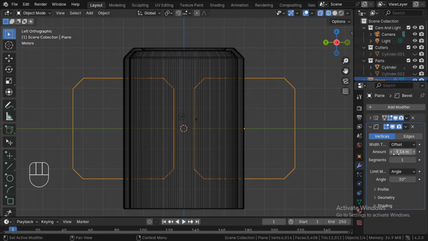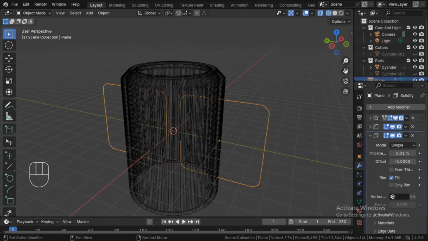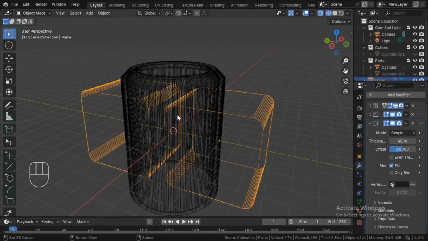So I'm adding a bevel modifier to this and making the amount 5 millimeters. You can see the corners have been rounded out of this plane primitive, and I'm adding a solidify modifier to it and changing the offset value to 0. So from both sides it is going to be inflating out,